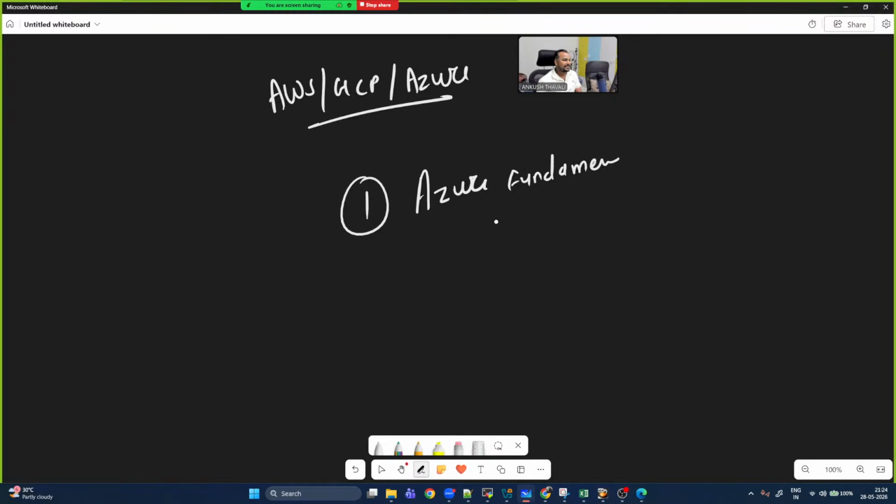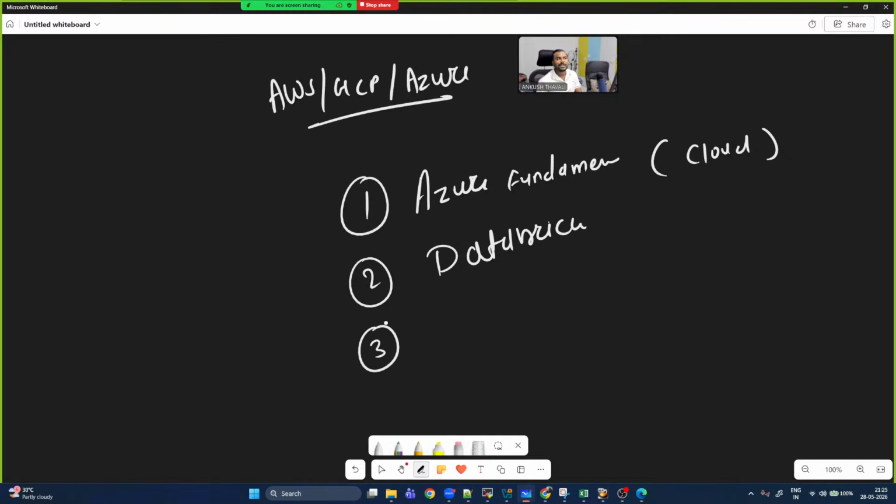So when we are talking about the data engineer point of view, you need to understand multiple services. Like for example, definitely you need to understand about the cloud. You need to understand about Databricks, which is very important. If you ask me the most important technology in Azure Data Engineering, then it is Databricks. What is the responsibility of a data engineer? We are going to create a pipeline, we are going to troubleshoot the pipeline, and we are going to do the transformation.